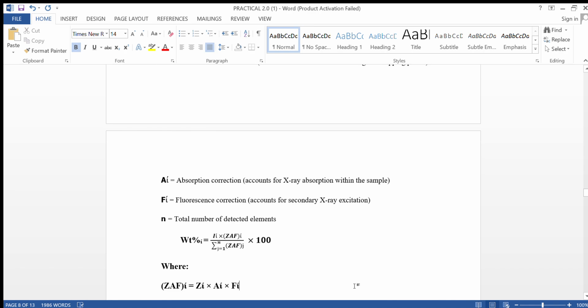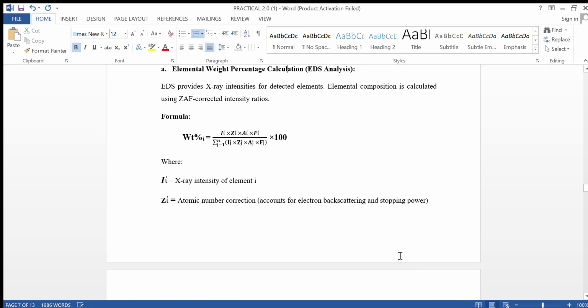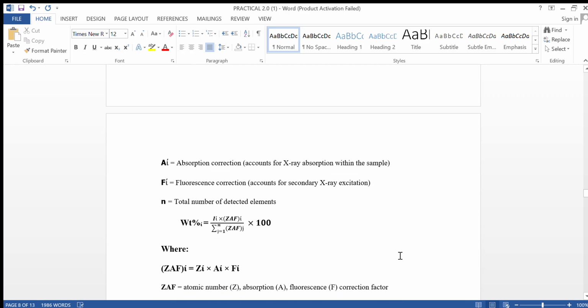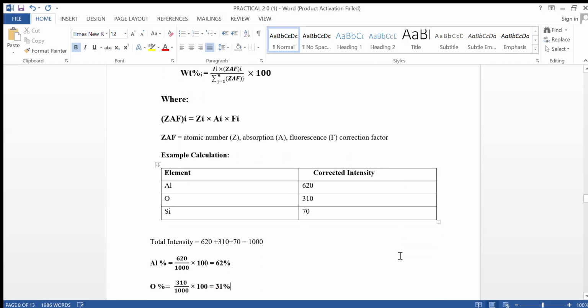Next, our formula is Ii is equal to Zi, Ai, and Fi. Here we just take the I common in ZAF above and below, where ZAF is equal to Zi, Ai, and Fi. ZAF is equal to atomic number, absorption, and fluorescence correction factor. Okay. Example